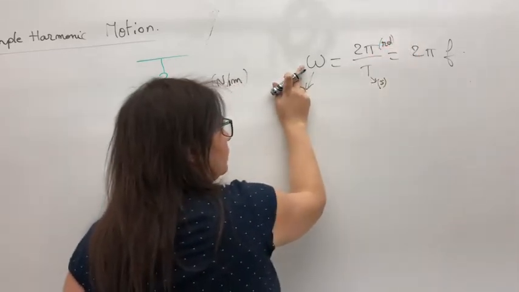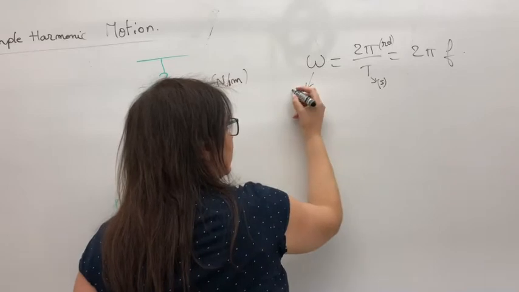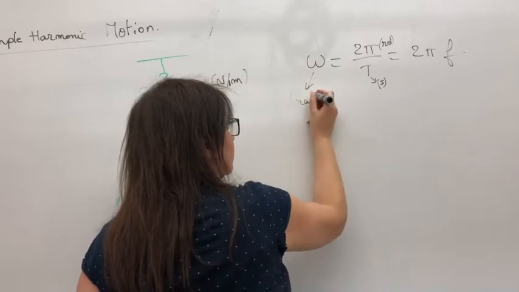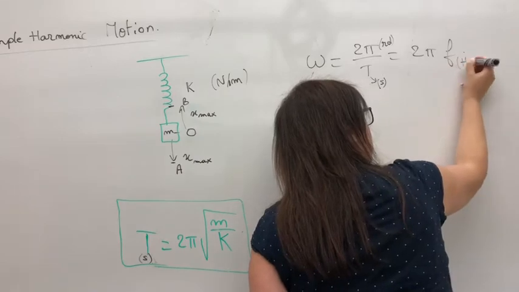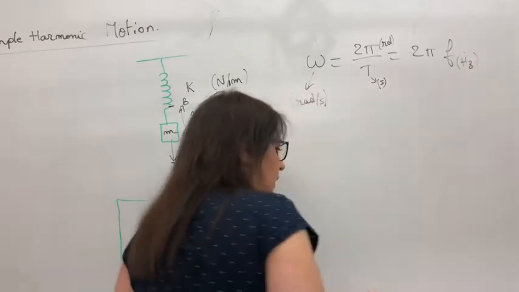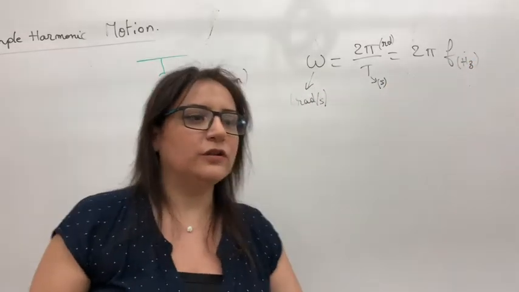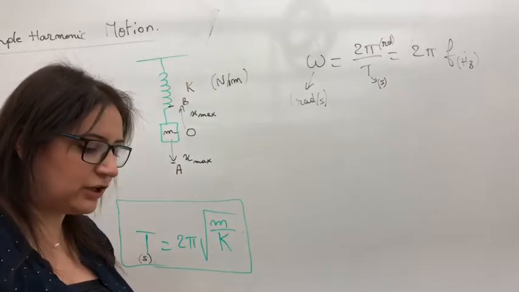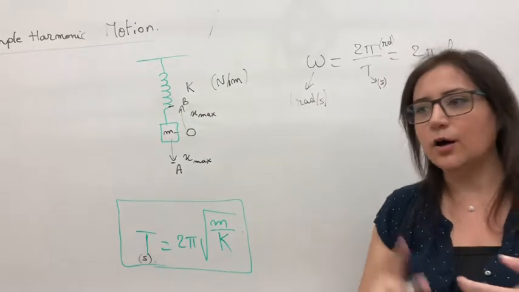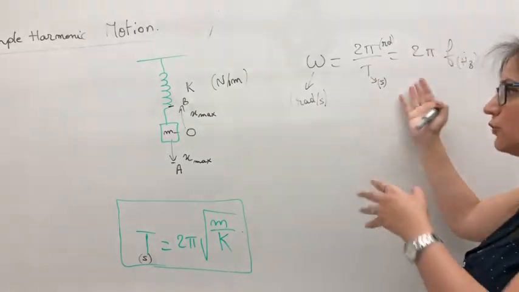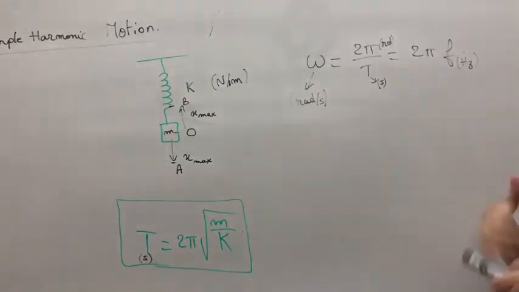So the angular frequency would be radians per second. Okay. The frequency f, we knew it is in hertz, f equals 1 over T. I call this the most important formula in physics because there are many repetitive things, not only in mechanics,